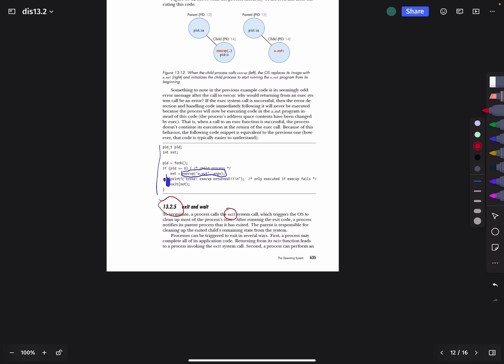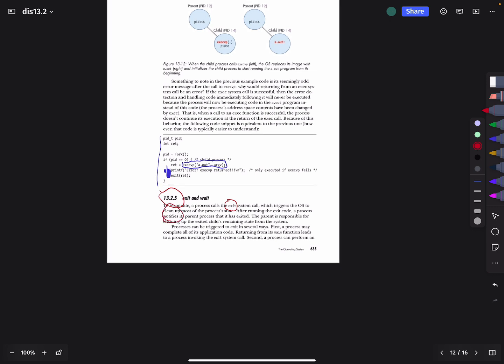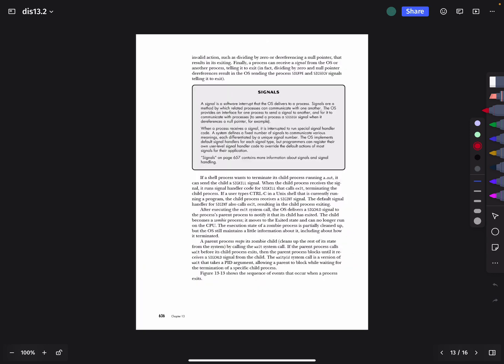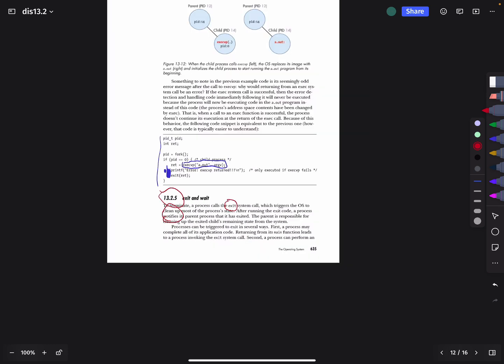When a process exits, which in C is represented by a system call to exit, this basically causes a cleanup of most of the information. I don't think it's terribly important for us to understand that in great detail, just to know that it exits the process and frees up the resources. I think that's about all we really need to know about that. But the wait is a little bit different. But before getting to wait,